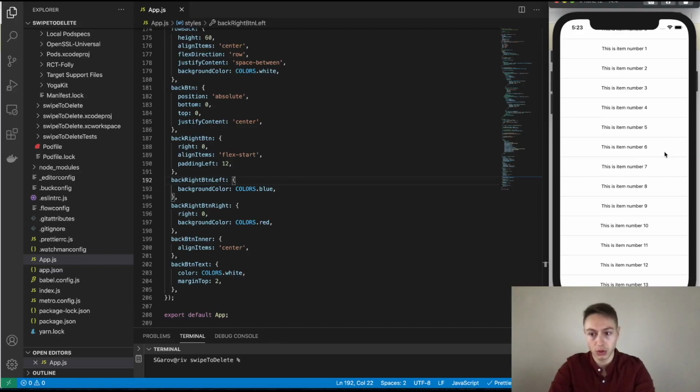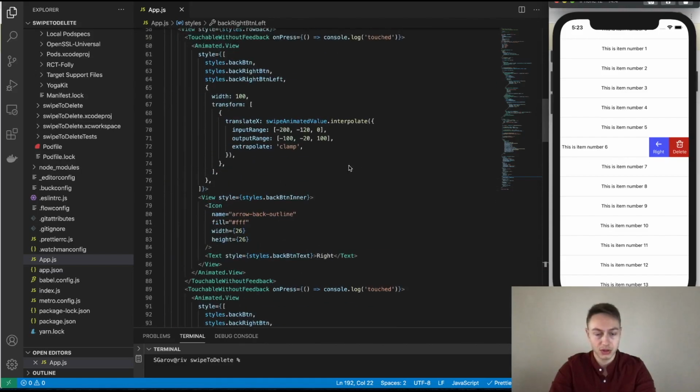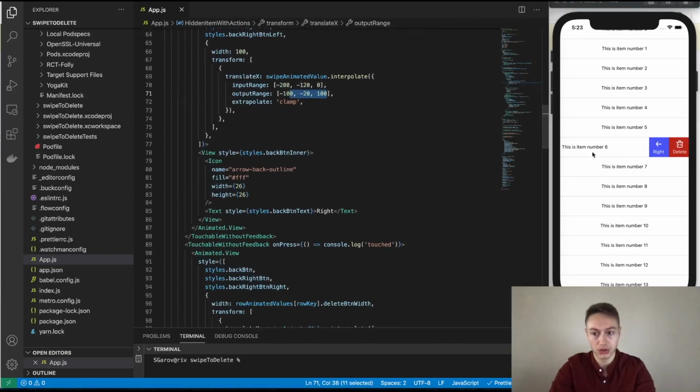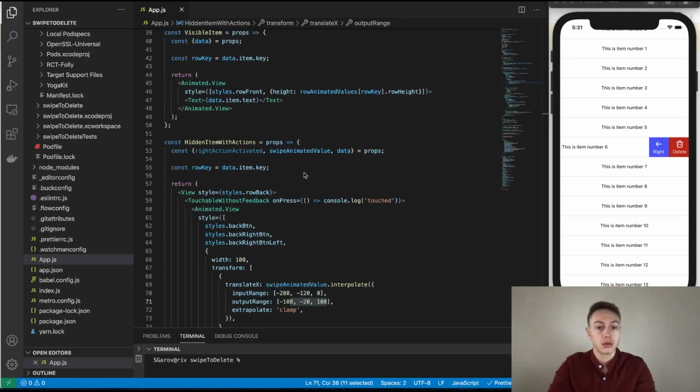So as I mentioned, those buttons right now start at a right value of 0 and they're shifted along the x-axis 100 pixels to the right. But the moment we start opening the row and they start animating the translate x value, they are animated to reach the values that we defined here in the output range. So the left button looks like it's animating faster than the right button because it needs to travel a longer distance to get there. So now we're going to work on creating that effect where once you surpass the threshold,